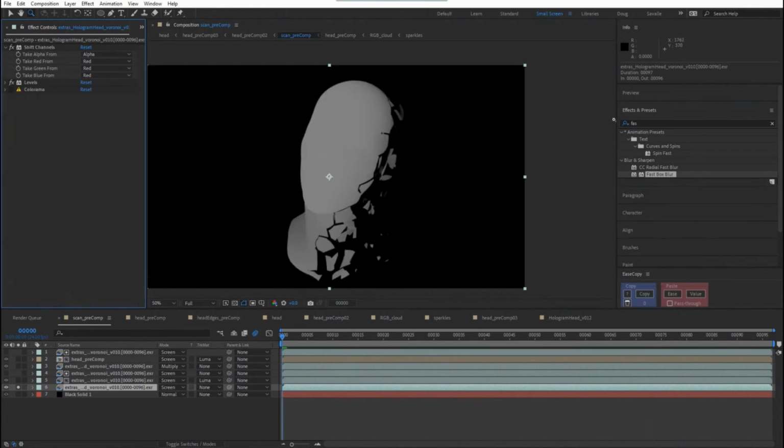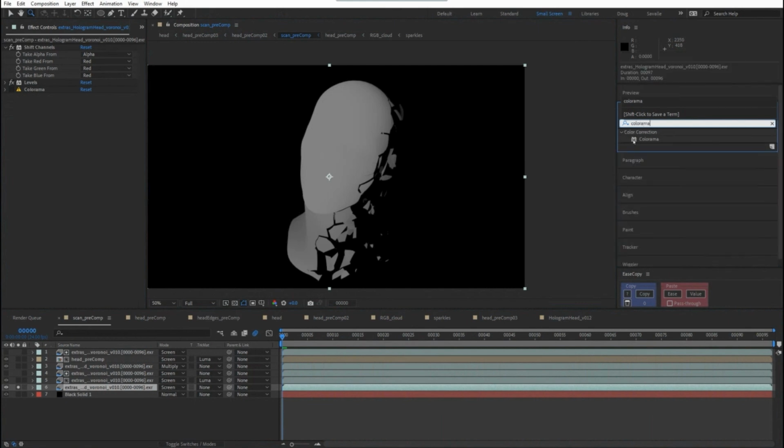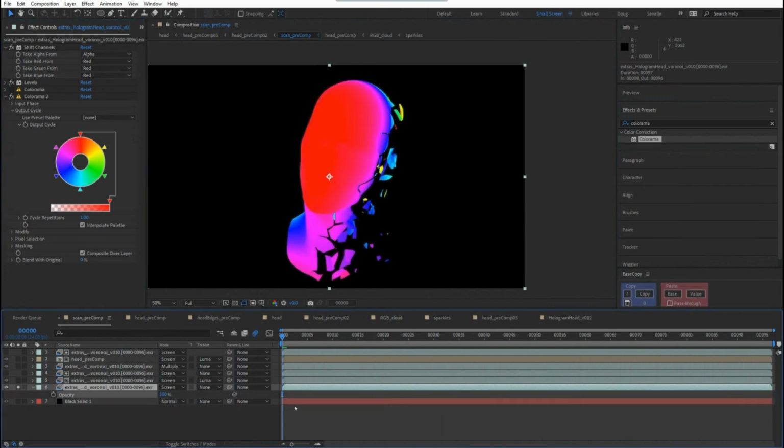So let me turn that off. I'll make a new colorama so we can just look at this real quickly. So colorama basically just remaps your color values. And I think this is really clearly evident in this. We just have a black to white ramp in there. Right, see that? And also, let me adjust that. There we go. We have this black to white ramp and we're remapping the values to this sort of hue cycle here.